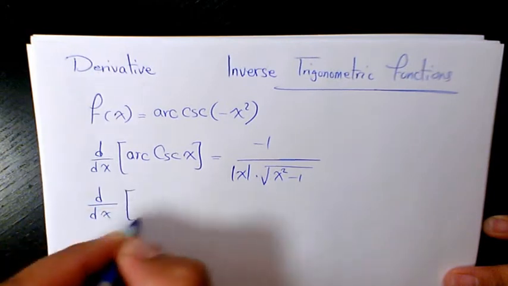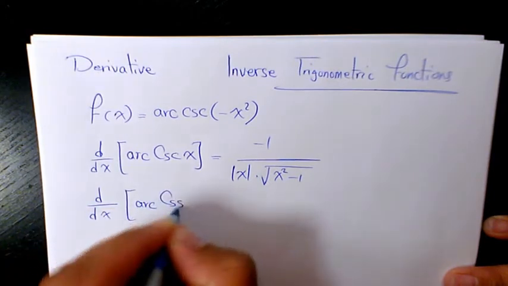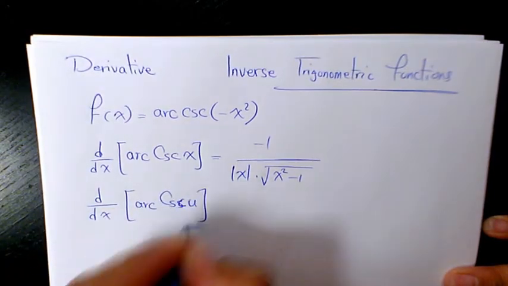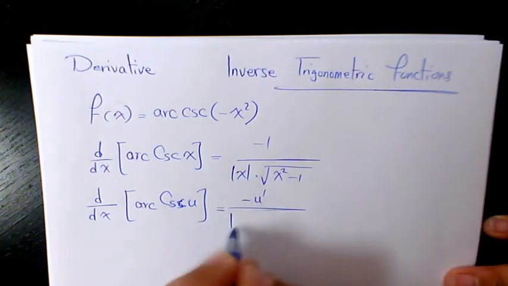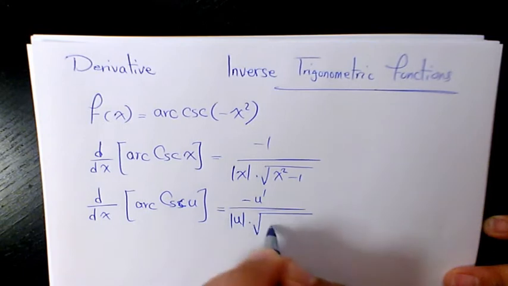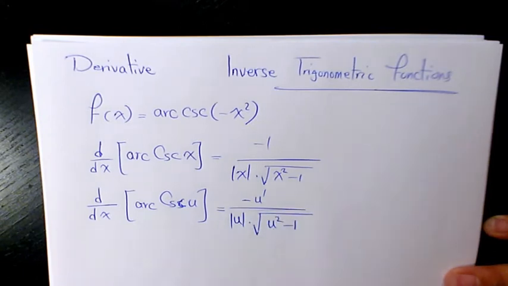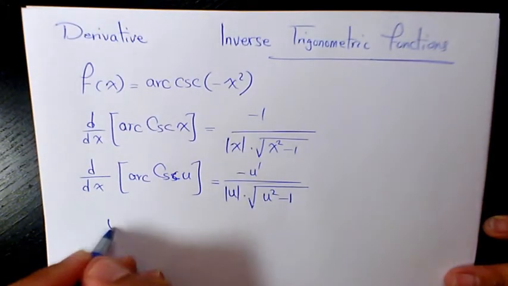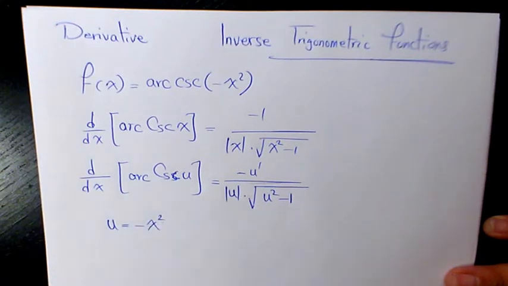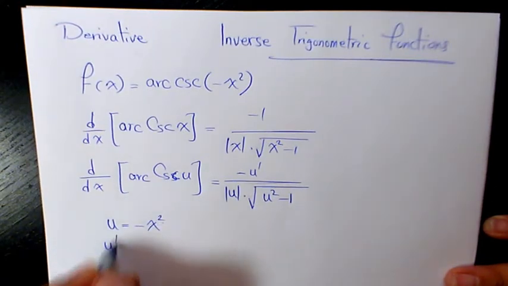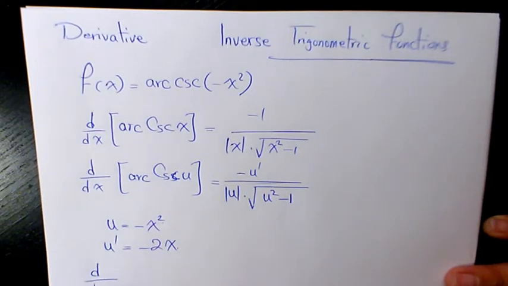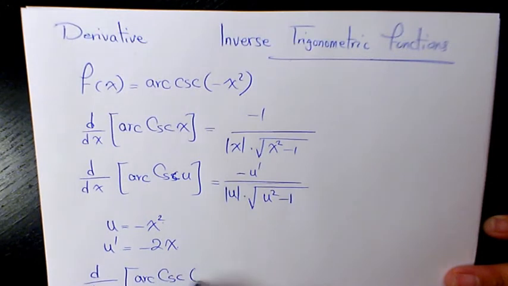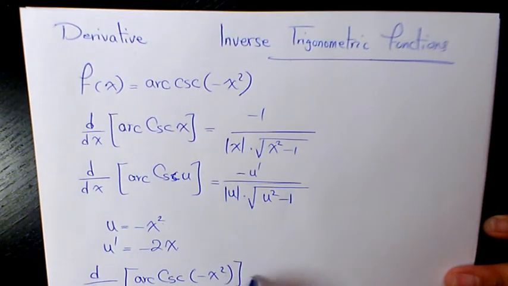the derivative of arc cosecant u, when u is a function of x, is negative u prime over absolute value of u times square root of u squared minus 1. So in this case u is negative x squared, which means that u prime is negative 2x. So the derivative of arc cosecant of negative x squared will be